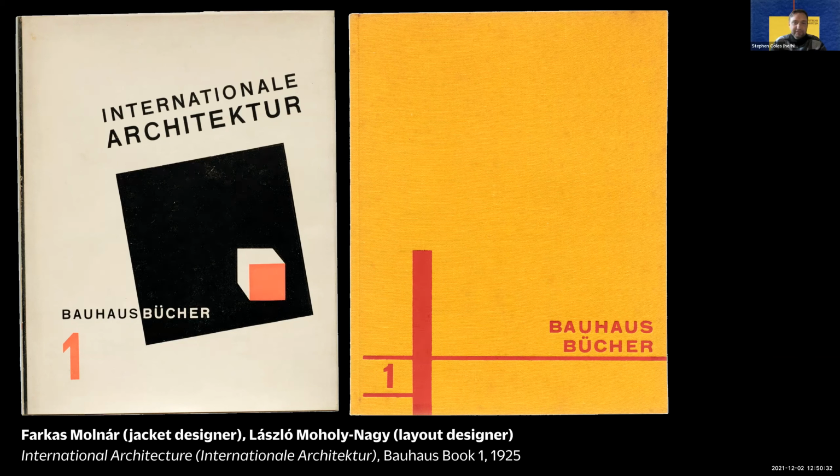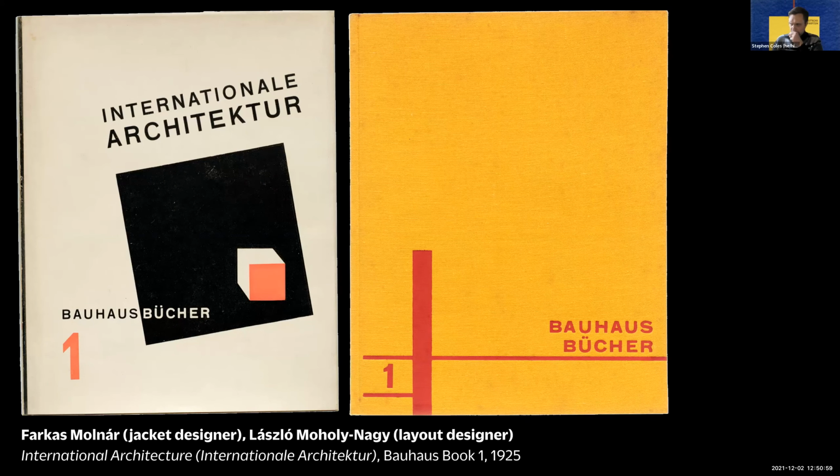The jacket on the left, though, was designed by the Hungarian student Farkas Molnar. And what you see used here are Breite Grotesque again. And you can see how nice this Halbfette weight, this kind of medium or semi-bold weight, works